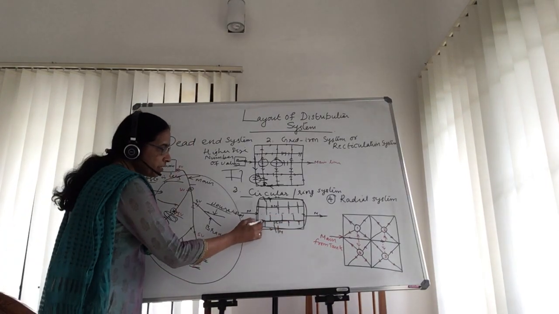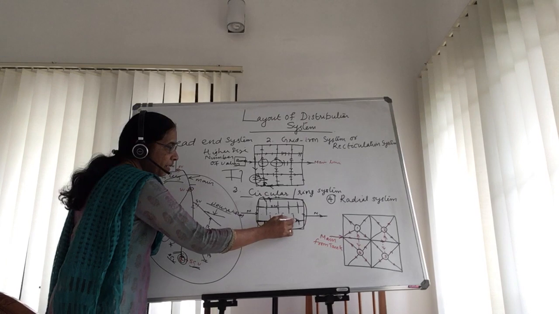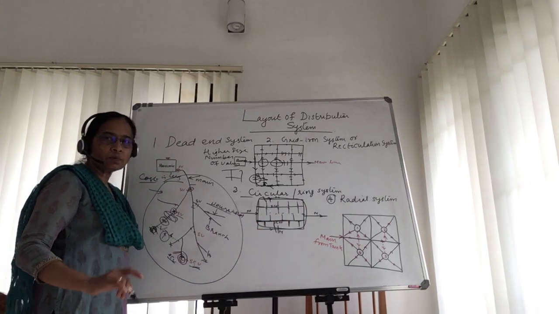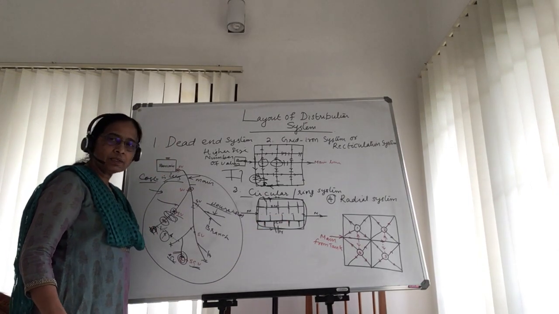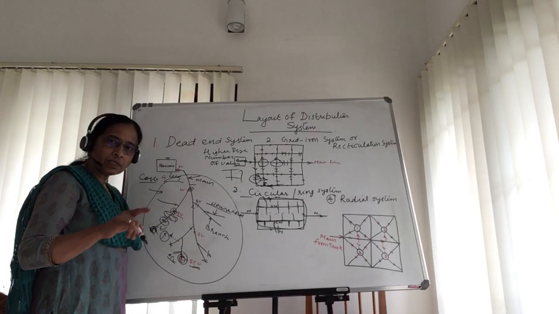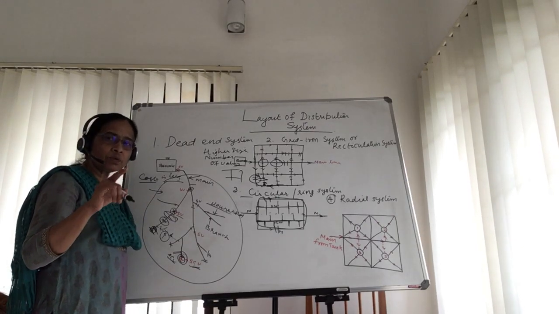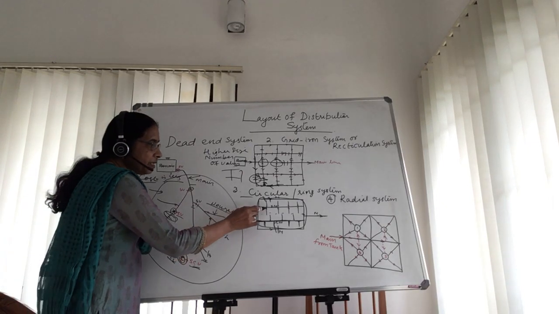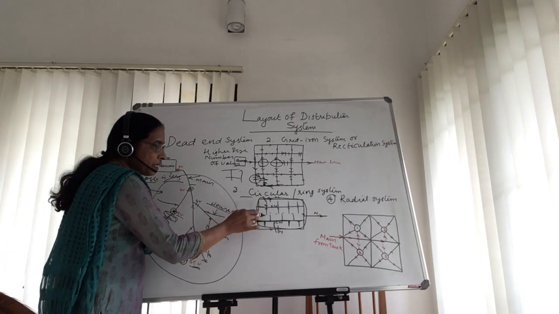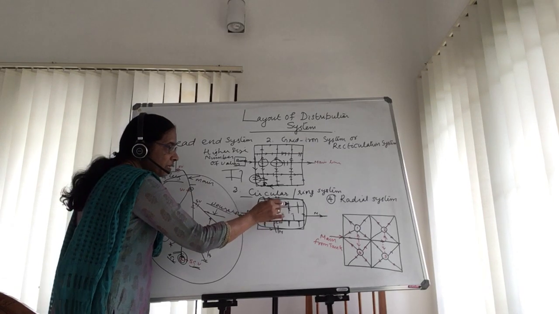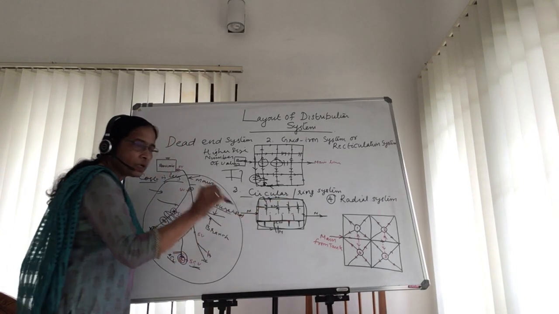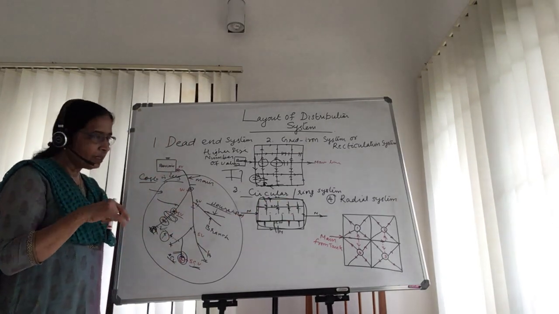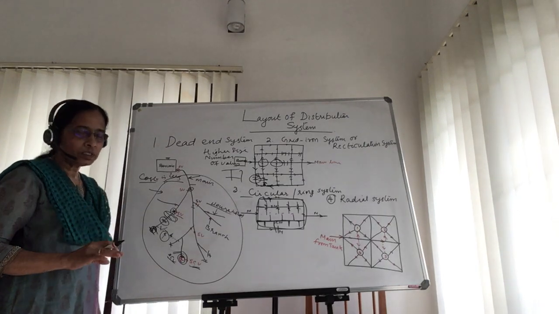Then from the sub mains you can lay the branch lines or the small domestic connections. You can take the sub mains or branch lines, and from the branch lines you can take the small house connections. Okay, so that means here again there are a number of valves, for each lane you have to have a separate valve so that you can control the supply there.